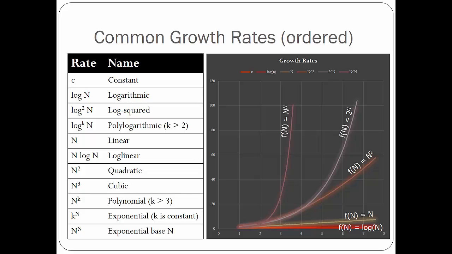Linear growth means that the work the algorithm does is directly proportional to the number of items. If you needed to add n items to a list, it would take n operations to do so. In this way, linear growth is assumed to be a reasonable cost for many actions. However, looking at this graph, we see that log n has a slower growth rate than n, indicating that logarithmic